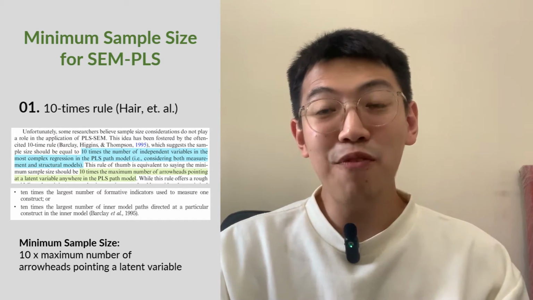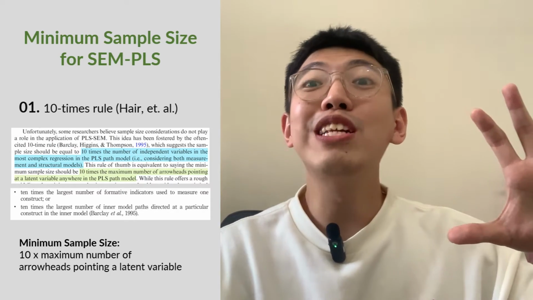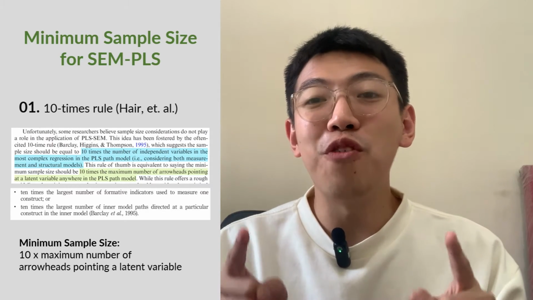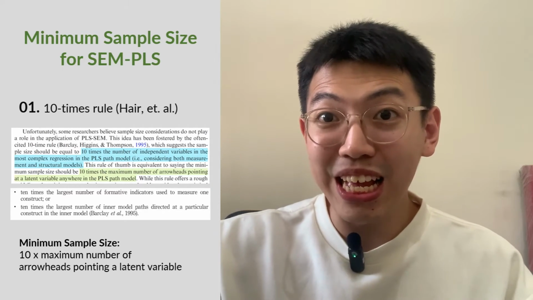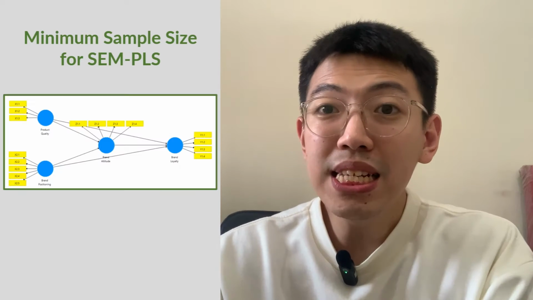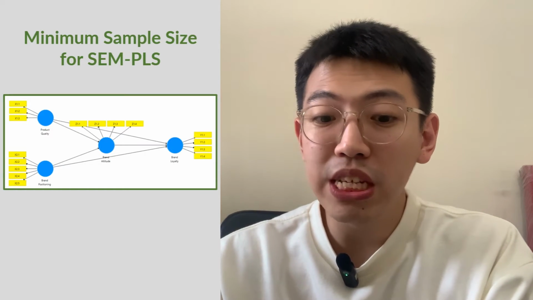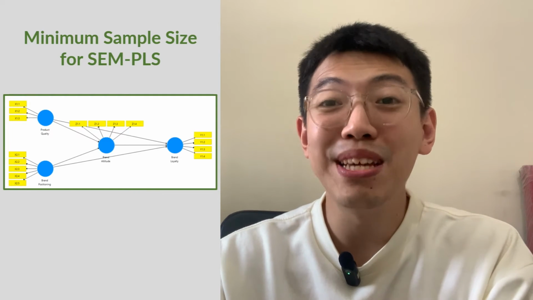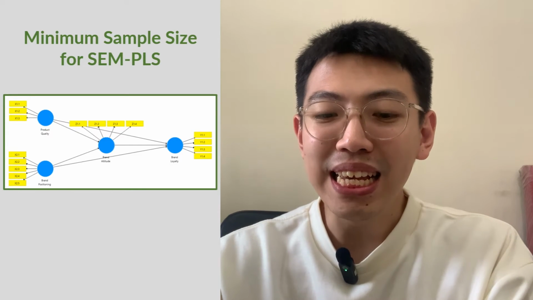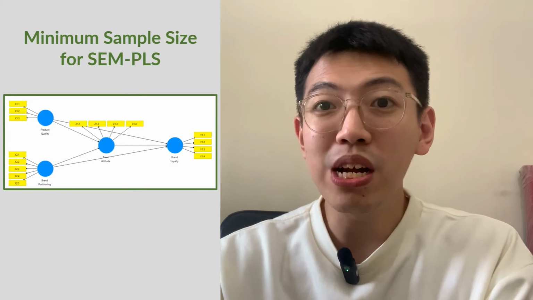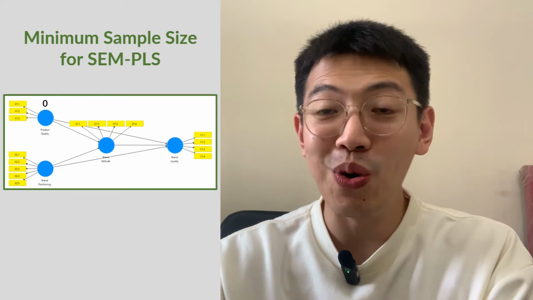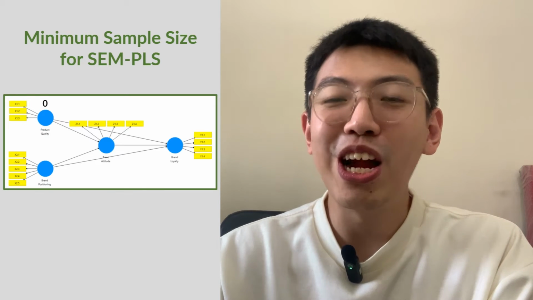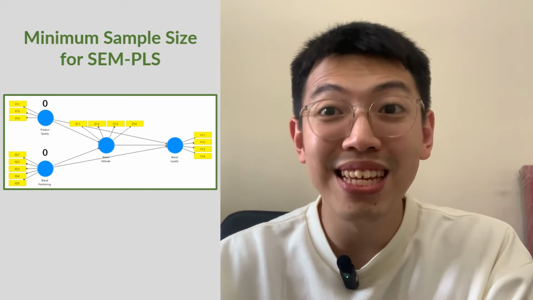The arrowhead can come from the latent variable or the formative indicator. As you know, the arrow of the formative indicators is from the indicators to the variables. This is the example. I have 4 variables here. There are 2 independent variables, 1 mediating variable, and 1 dependent variable. If you can see, the arrowheads pointing at product quality as an independent variable is 0. No arrowhead points at this product quality variable. For brand positioning, there is also no arrowhead pointing at this variable.